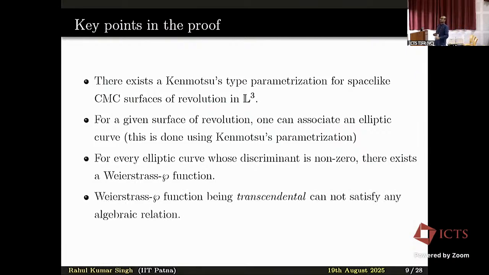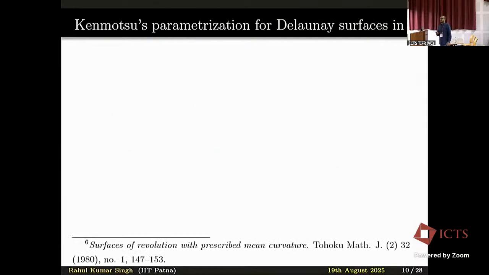And the last point in the proof is that if you have a Weierstrass P function, this is a transcendental function, and cannot satisfy any algebraic relation. A function is said to be algebraic if you can write down some algebraic relation which is satisfied by it. If this happens, you say the function is algebraic. If not, then it is transcendental. It is again a known fact that the Weierstrass P functions are transcendental. So let me start with this, showing you